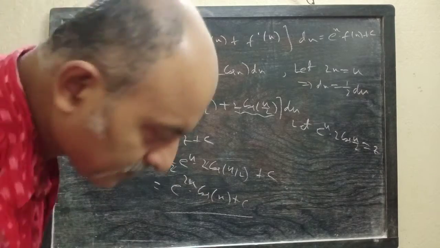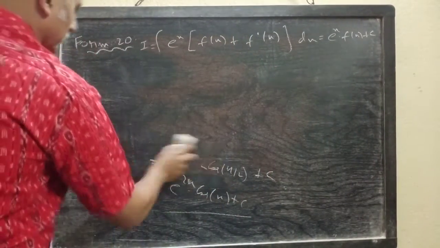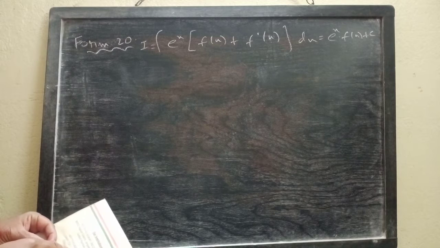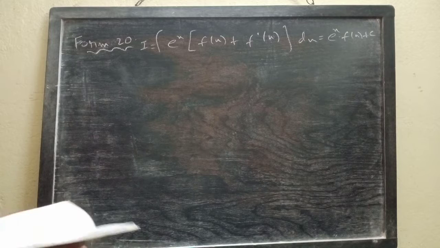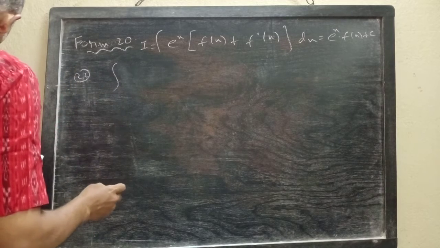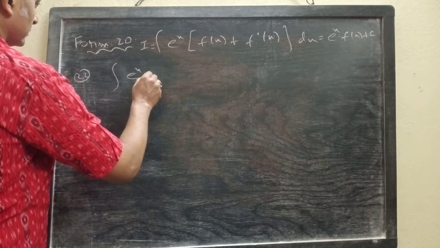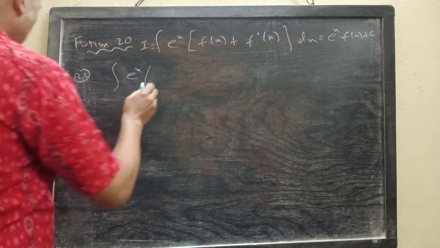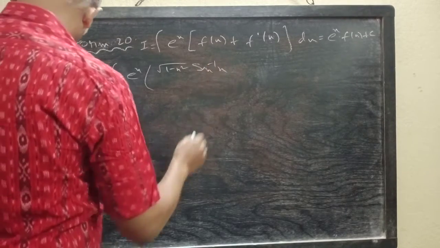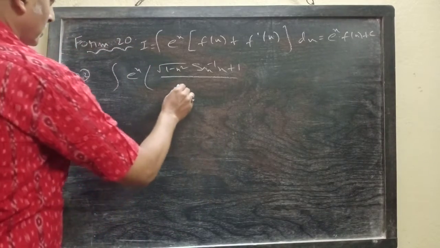Next question. Integration e to the power x into (root over of 1 minus x square into sin inverse x plus 1) divided by root over of 1 minus x square